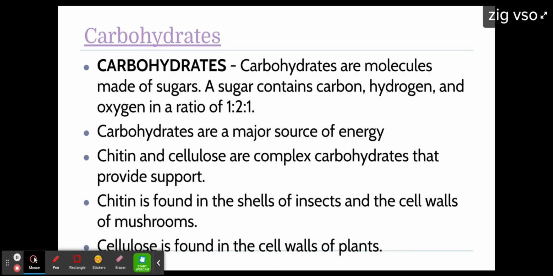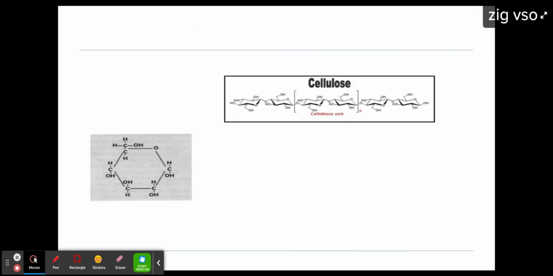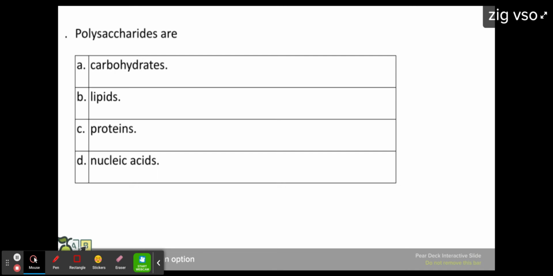You can also have complex carbohydrates that provide support. So chitin is found in shells of insects, and also in mushrooms. Cellulose is found in plants. Cellulose especially is not digestible to humans or to any mammalian enzymes. So this is just to show you these rings that are strung together. So polysaccharides are